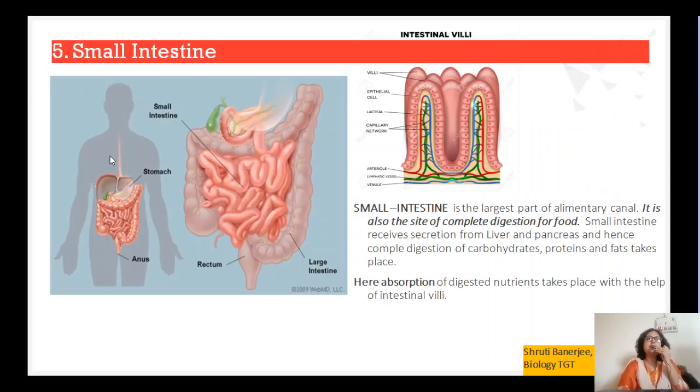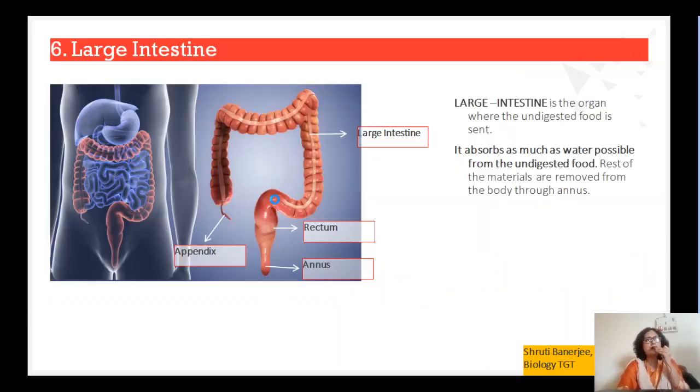The small intestine has done its work of absorbing all the carbohydrates, proteins, vitamins, minerals. So after the small intestine, the large intestine will have the undigested food, which is now of no use for human beings. From those food materials, the large intestine will start absorbing water. So the function of the large intestine is to absorb water. Appendix, you must have heard about it. This is a vestigial organ, does not take part in digestion, but it is present associated with the large intestine.